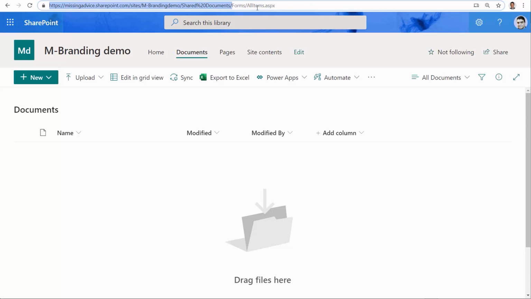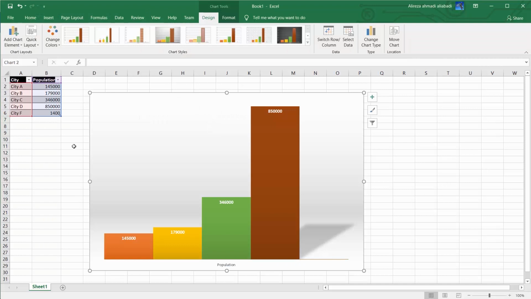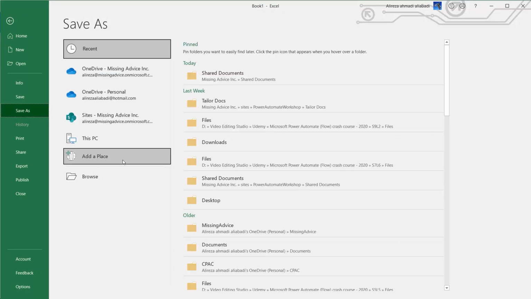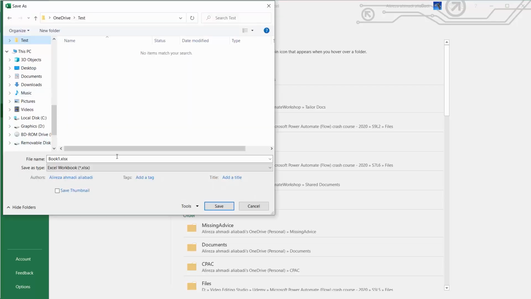Inside it, I have forms and all the items. So right down to Shared Documents /. I copy this. I come back to Excel. I click on File and I click on Save As. Click on Browse. And then instead of saving it locally, you can come here, just paste the URL that you had, click on Save,